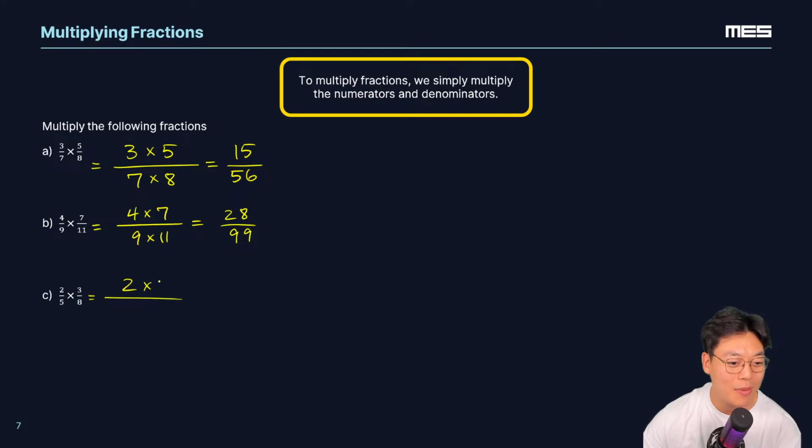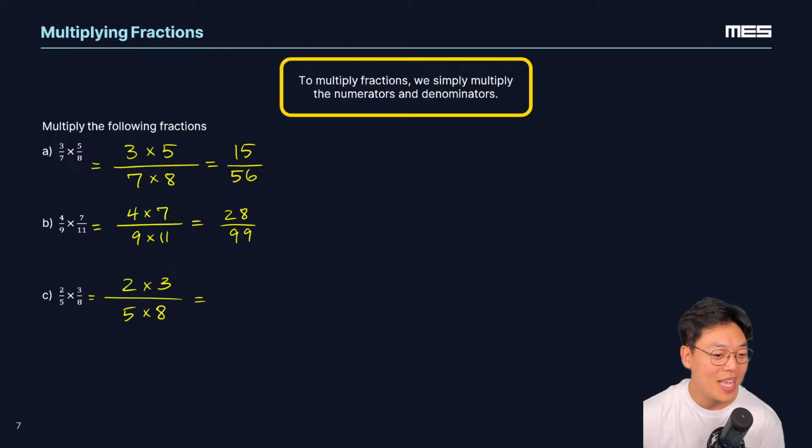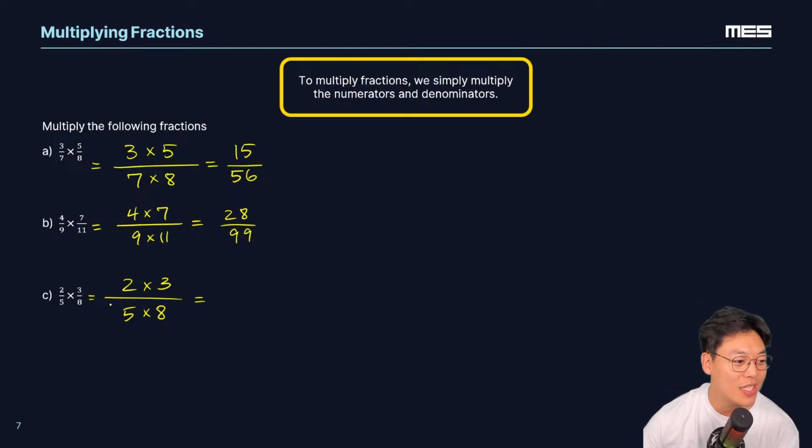We have 2 times 3 and 5 times 8. Max, I see you are locked in as well. We got 28. Give me this as a fraction this time. Yes, mental math, mental arithmetic. We love it. Instead of giving it to me separately, give it to me as a fraction. We have 2 times 3 in the numerator and 5 times 8 in the denominator. Wow, Chloe, you're answering before I even ask anymore. That's amazing work. We're thinking ahead. Let's see if Max gets the same thing here.